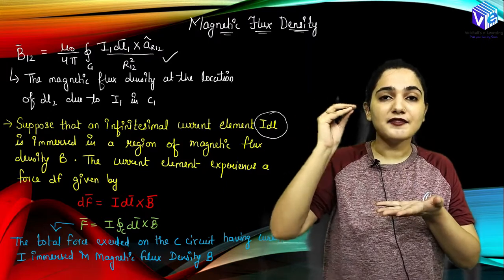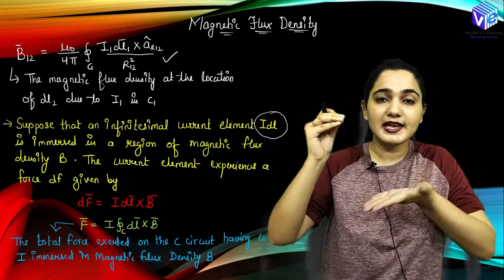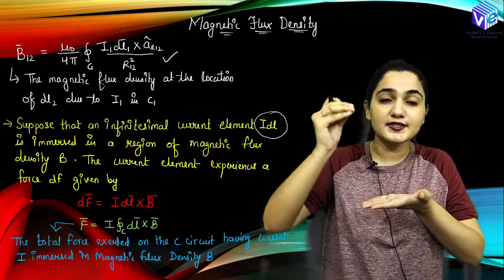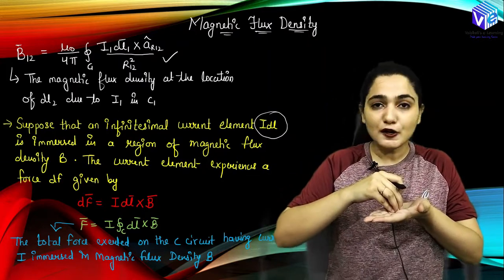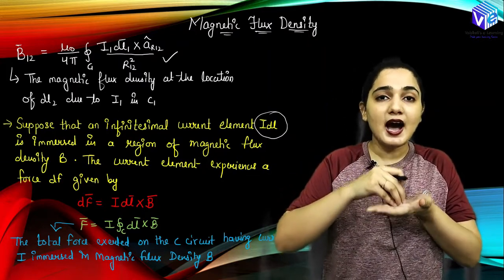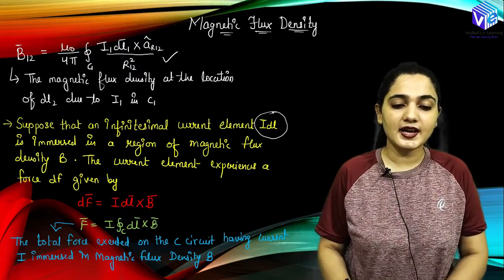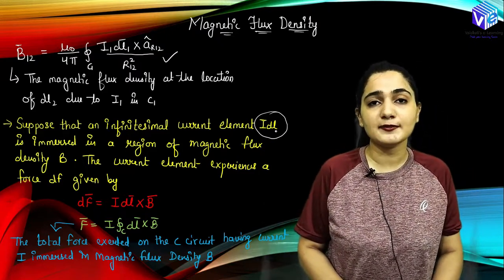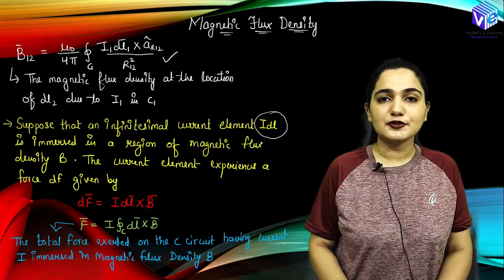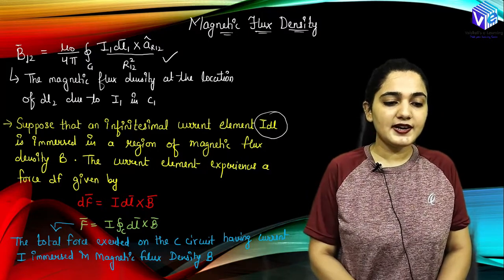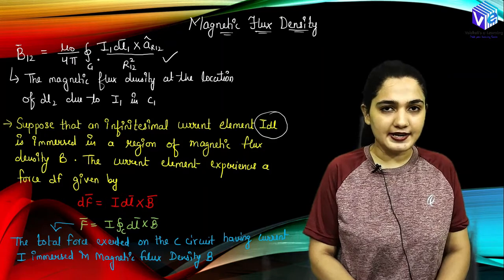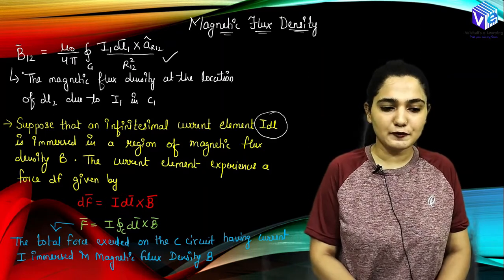But if I have a very small field which is negligible as compared to this large field, and if I immerse this small field over here, it is not going to create a very high impact on the large field. This is the reason I have taken the ideal element to be infinitesimal, so that the field arising due to it would be very less, right? Field is directly proportional to the ideal. If ideal is small, field would be small.